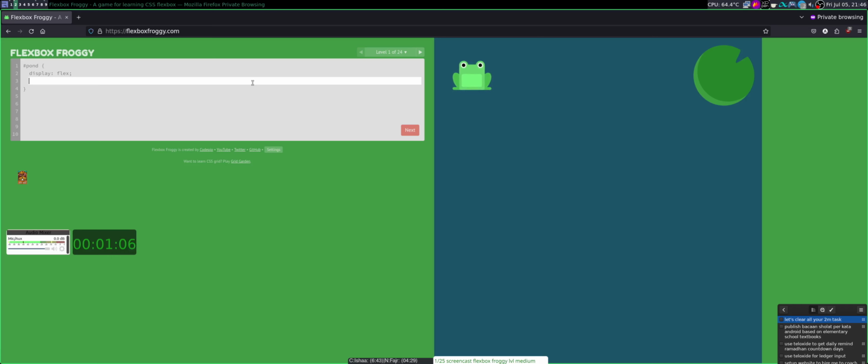This is using flex, and I want to move it to the right because display flex has a default direction of row, so I can justify it into flex-end. Okay, that's working.